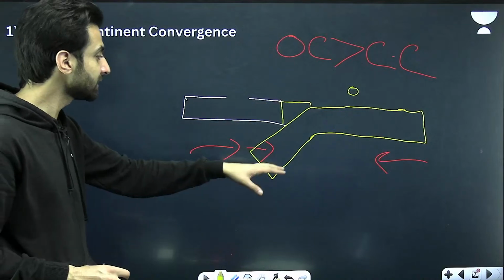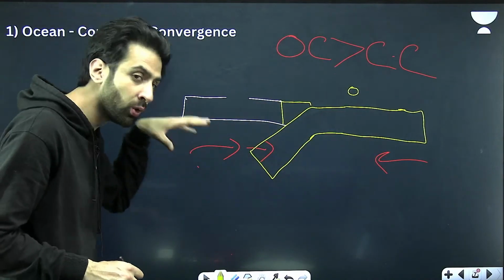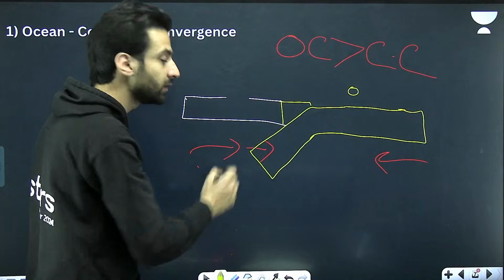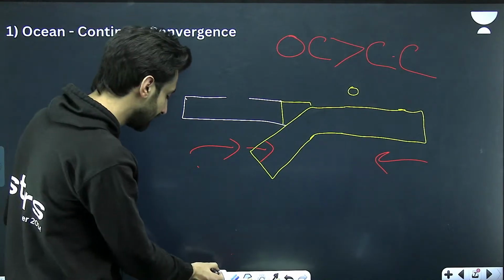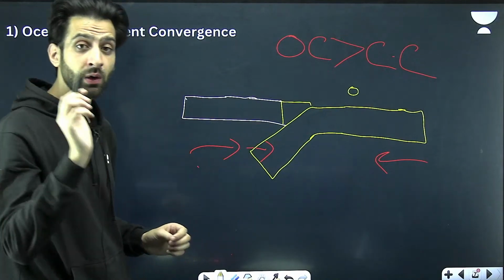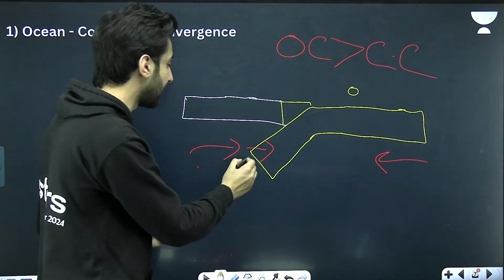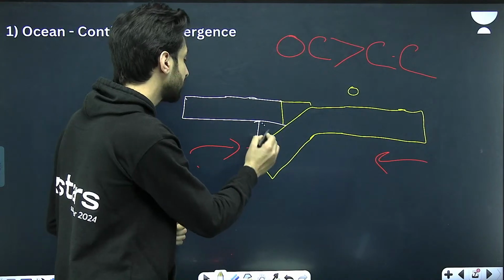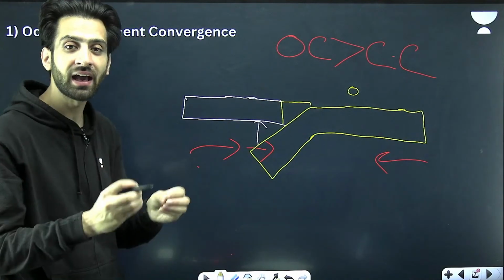So this is how the things will work. Because the plate is going into the asthenosphere, it will eventually melt because of a very high temperature. The plate is going to eventually melt. Now, one thing that is very important here is that once it will melt, what is going to happen? Imagine this place that is having the constant